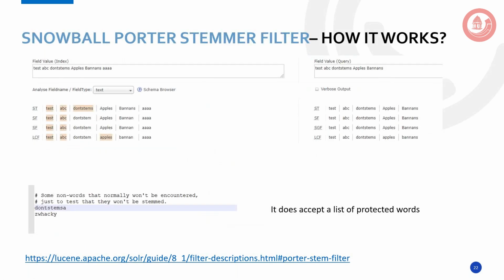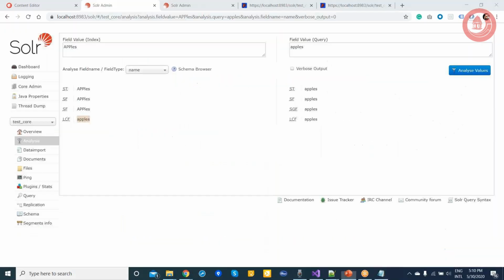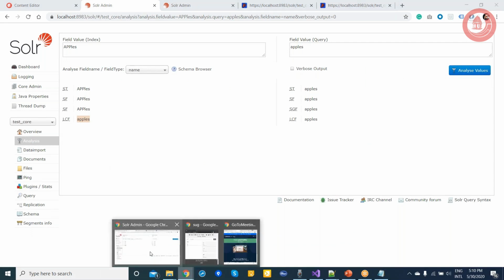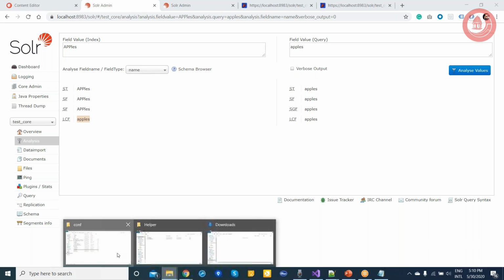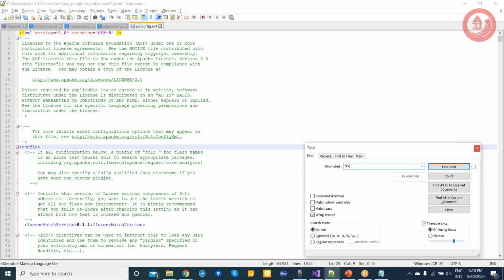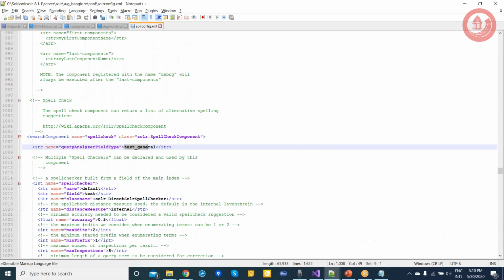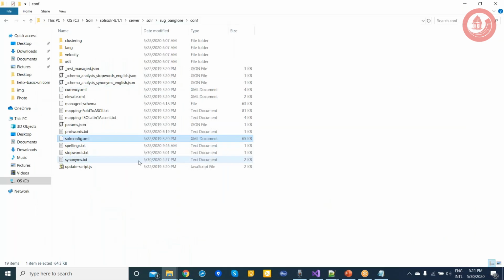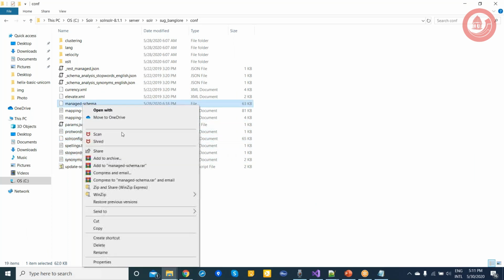How the facet works. So before going to that, I would like to pause here. So this is how the stemming works. If you want to change anything, let's say for my config set, the solar config set, go to this, my manage schema.